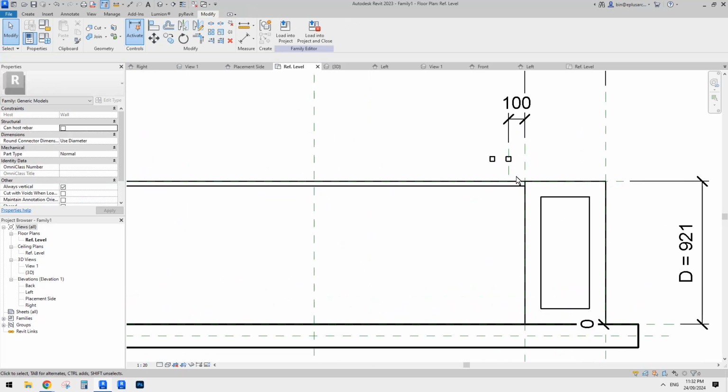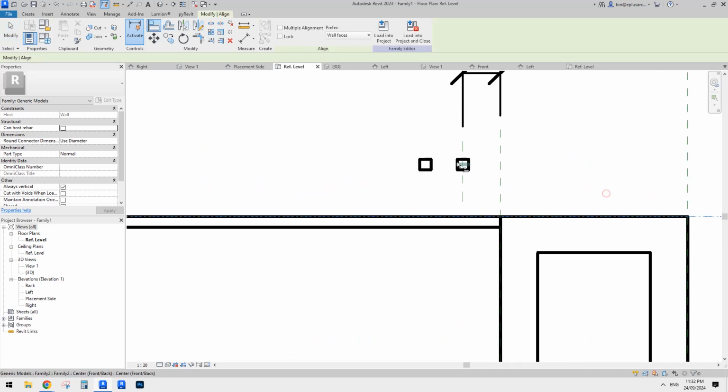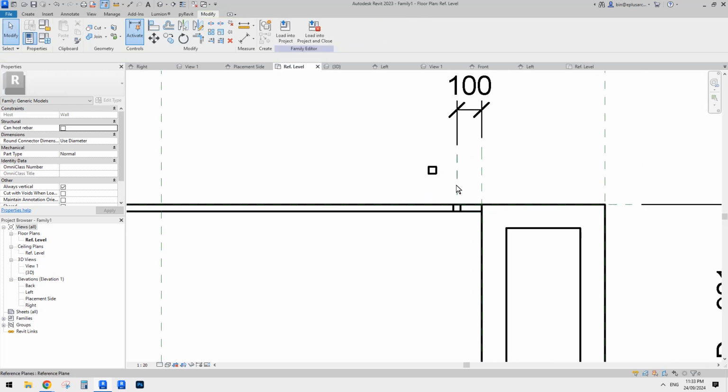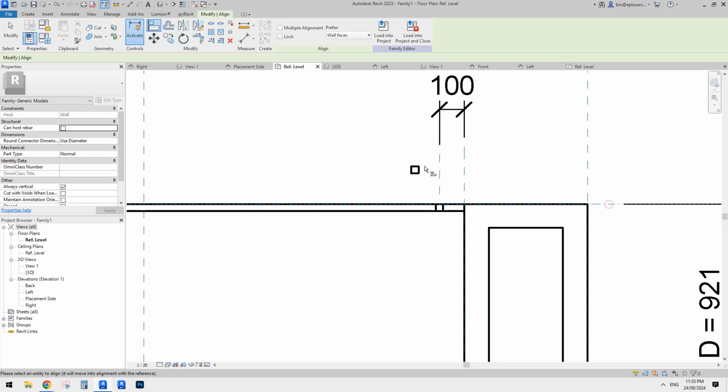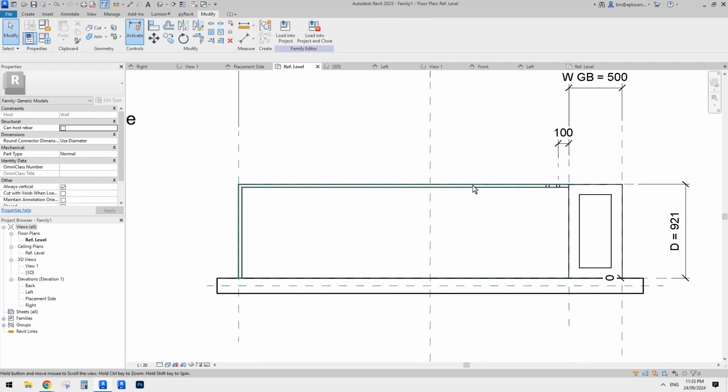Okay, so I think maybe let's just move it down. So I'm going to just pick lock into place, and I'll lock the second one into place. Okay, okay. So now,